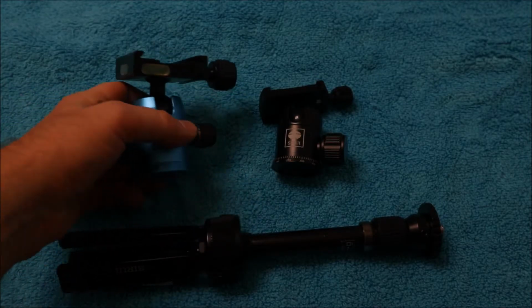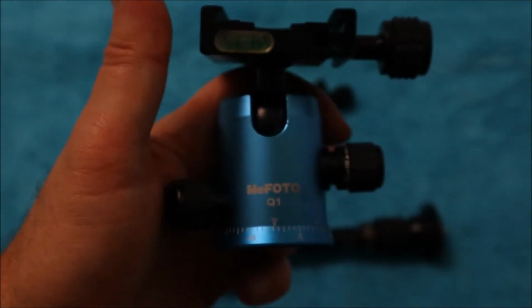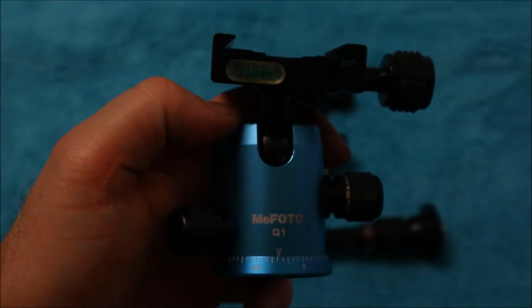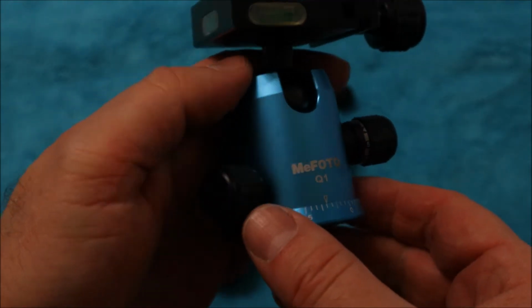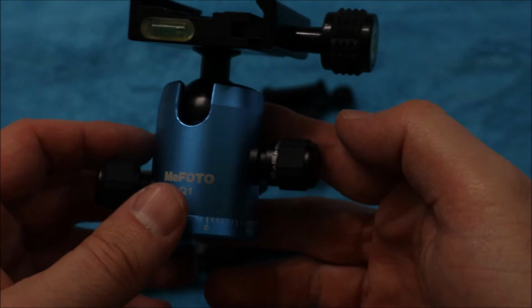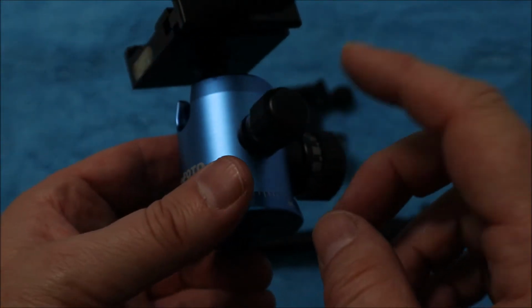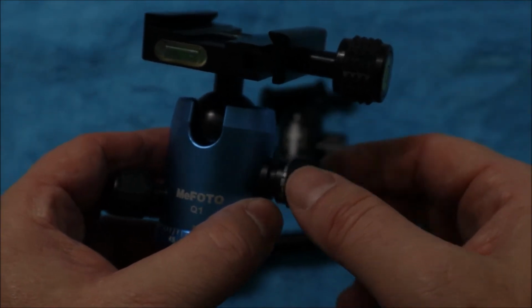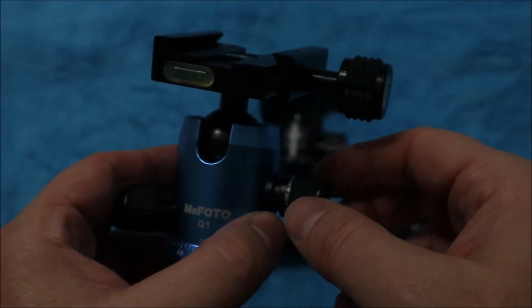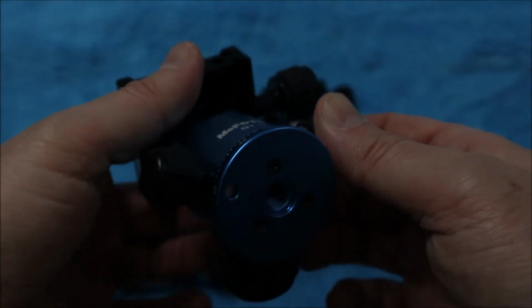Okay, so here's another Mi Photo. This is actually the Q1. The other smaller one was the Q0. In this particular case, you do have the screw for the panning. You have the screw to release the top plate. And then you have a screw for the tightness of the top plate, so it could be really loose or it could be semi-loose. But this is a larger